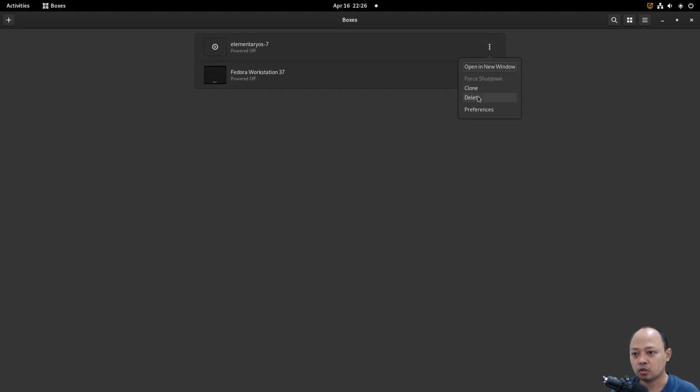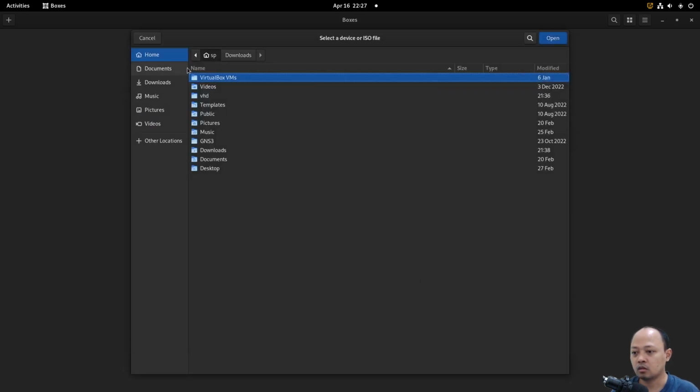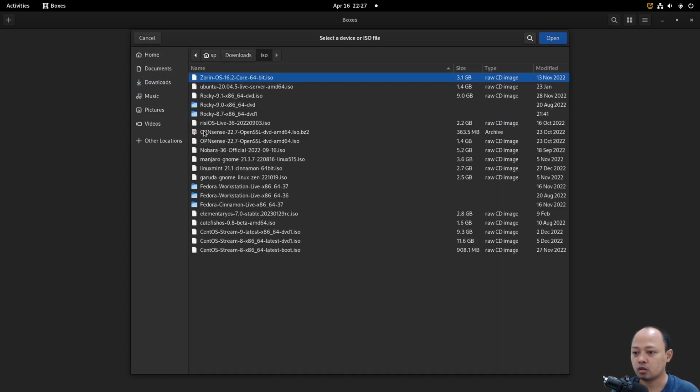I will delete this first, Elementary OS 7, and then add the VM, and then click this button, click virtual machine from ISO, IMG, etc. I will go to the folder that I save the ISO image, Elementary, and then click open.